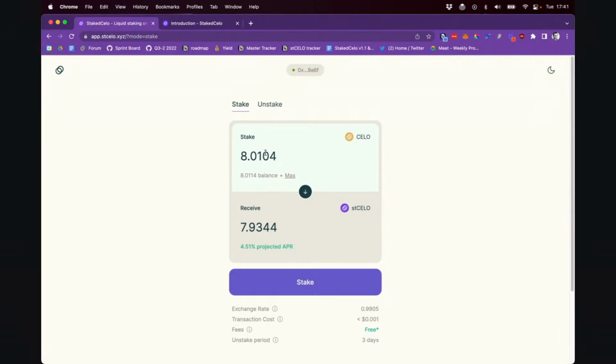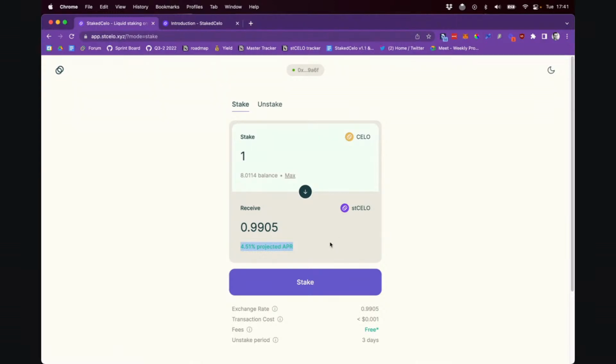And that is because we want to prevent you from staking all your Celos and then not being able to pay for gas fees afterwards. It's just a UX choice we made. So let me stake one here,